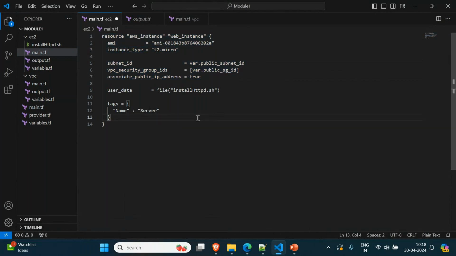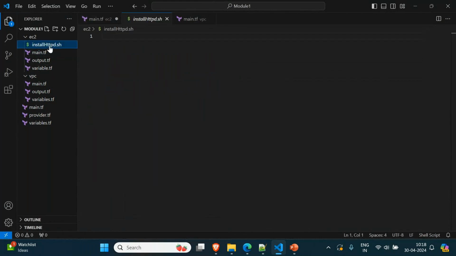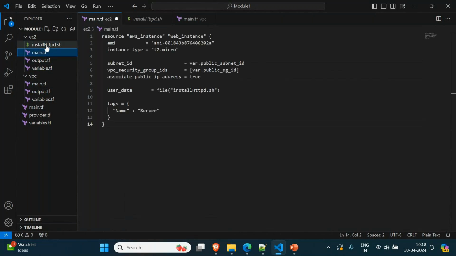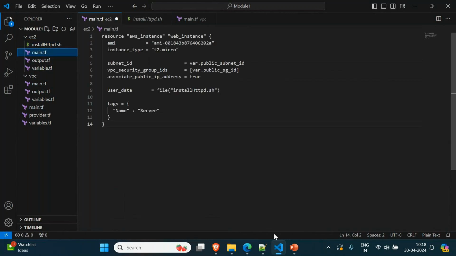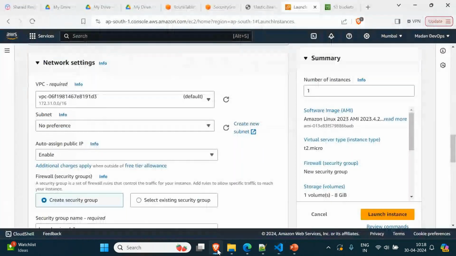And then what is user data? What is this new thing? See, it is not a new thing. I forgot to explain this. It's a simple example. So let me explain you a simple example and we will come back to this topic. Now, for example,